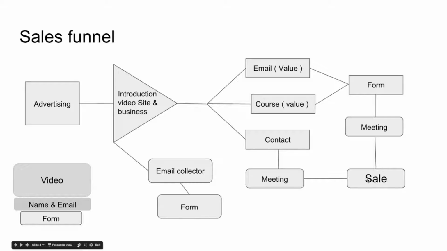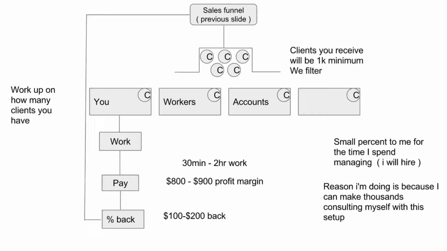So that's where it comes into play, where instead of, sure, you could get them here for 10 cents, but it's going to be a couple hundred dollars before you get someone to a sale. Someone that can pay that much and is filtered out the right way through the process, which I'll talk about again in the next few slides. So all for 30 minutes to 2 hours of work, you're going to get an $800 to $900 profit margin, being that you will spend this much on advertising, getting recurring clients, more clients, and keeping them recurring.